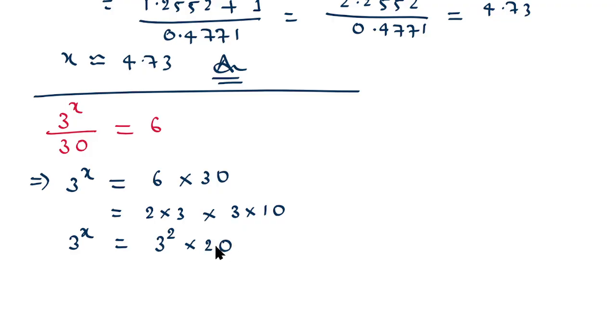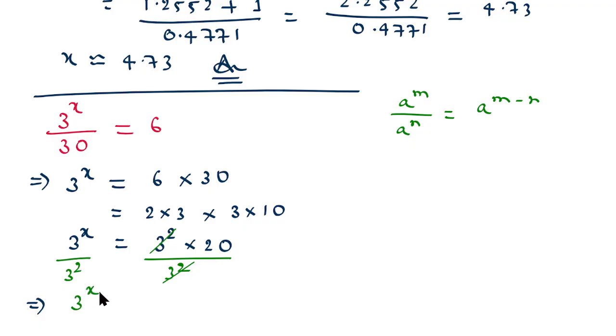Now I will take log both sides here. Or before taking log, first of all, I will divide both sides by 3 to the power 2. So this 3 to the power 2 gets cancelled. So we can say that there is one exponential law formula: a to the power m upon a to the power n is a to the power m minus n. So using this I can write 3 to the power x minus 2